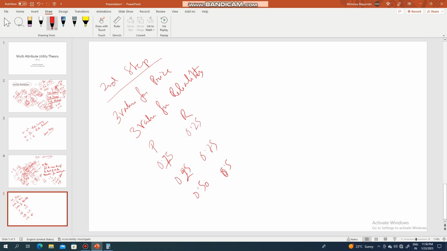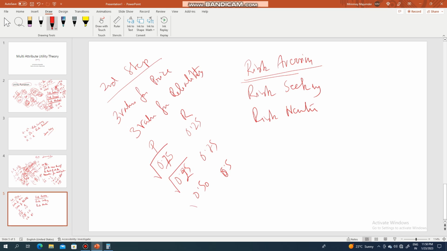Now what we have to do is the second step. There are three options available. One is the risk aversion option, one is the risk seeking option, and one is risk neutral. If you use this risk aversion option, what you will do is you just square root all the values, these values as well. And then